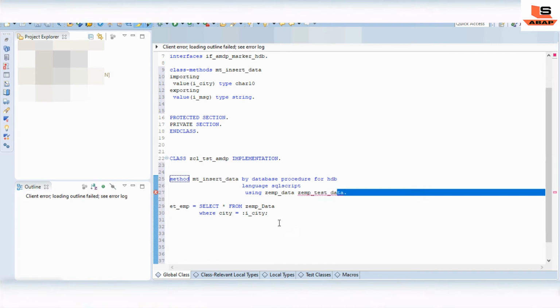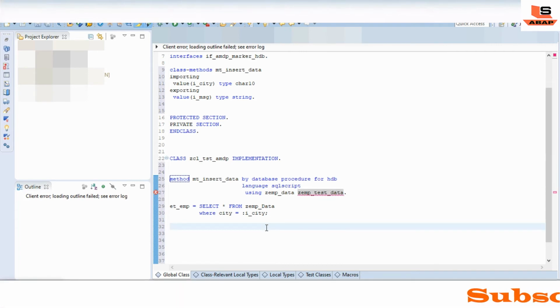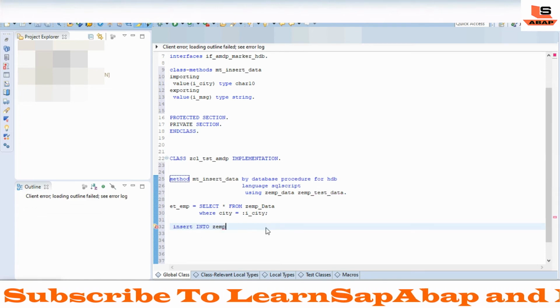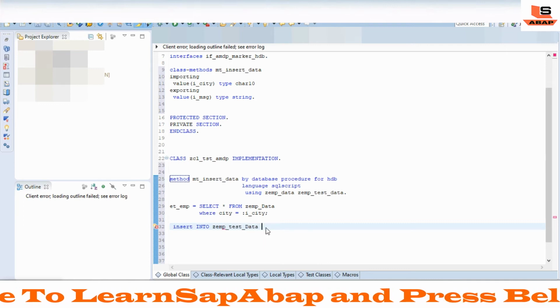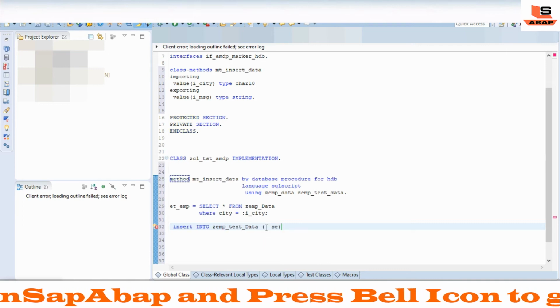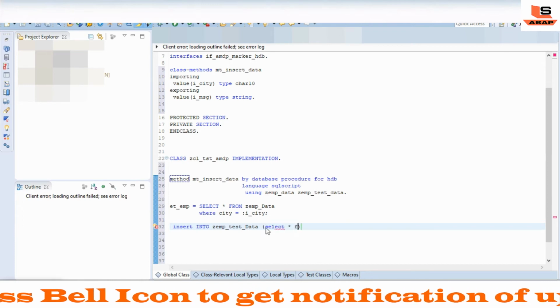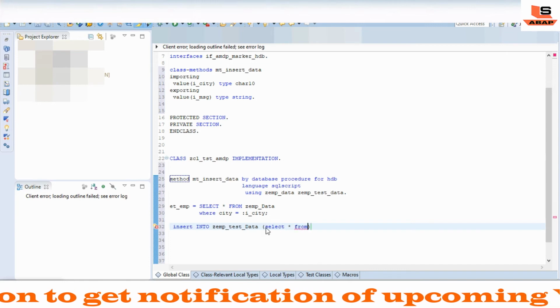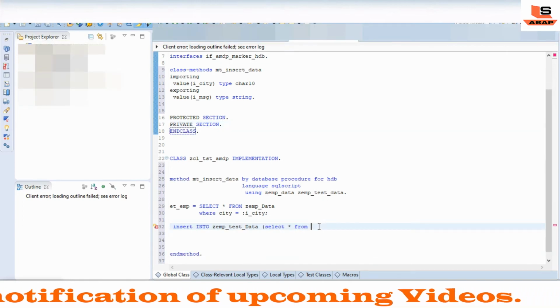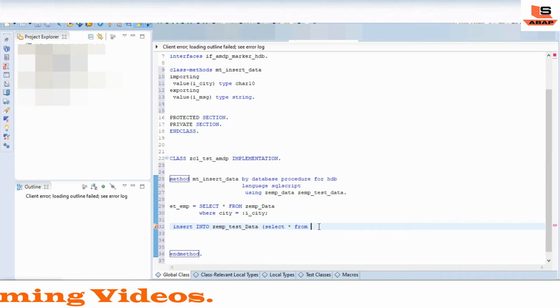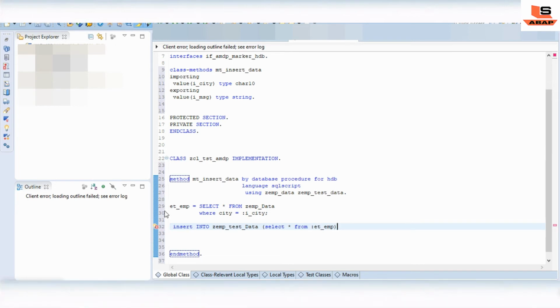Now we just need to insert the data into the employee test data table. For that purpose we write the operation INSERT INTO emp test data, in brackets SELECT * FROM emp data, because we have all the data inside this table.